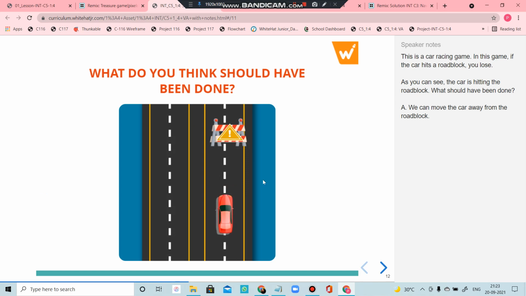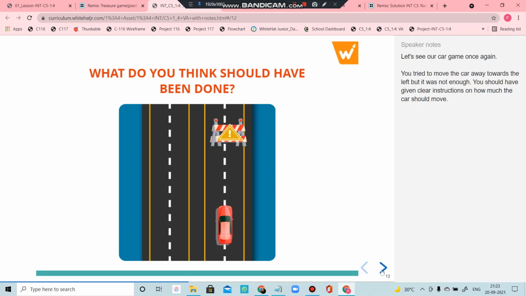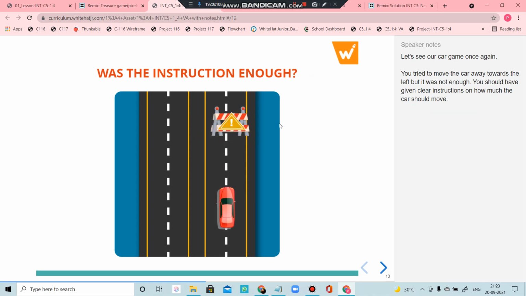Further, here there is a car which is colliding with the road block. So you can ask your students, or you can explain yourself, how the car can avoid this collision. Here we can make use of the move pixels code block. Right now, even if the car is taking a left turn towards the west, the collision is still happening. That means the distance has to be increased.